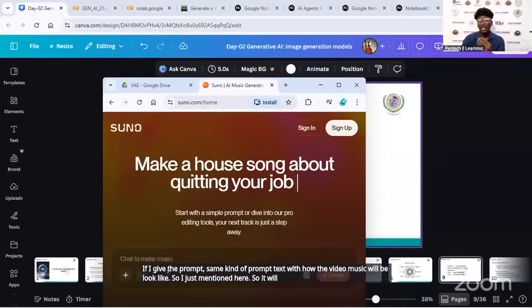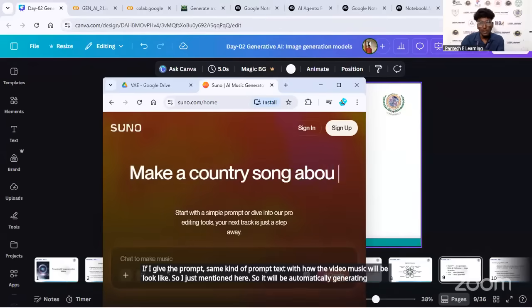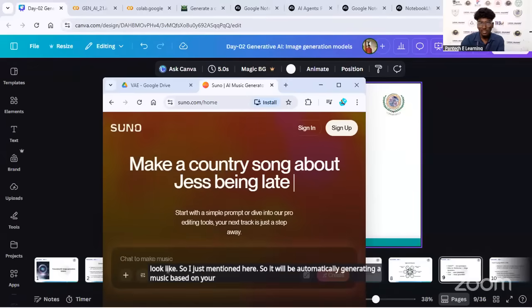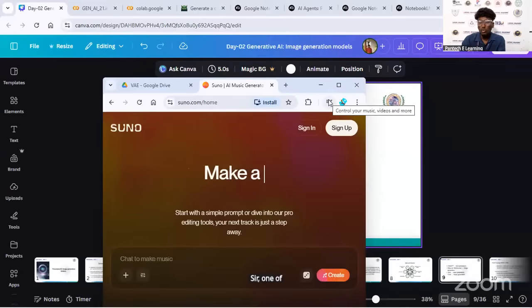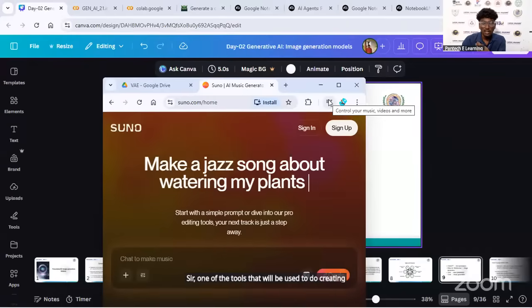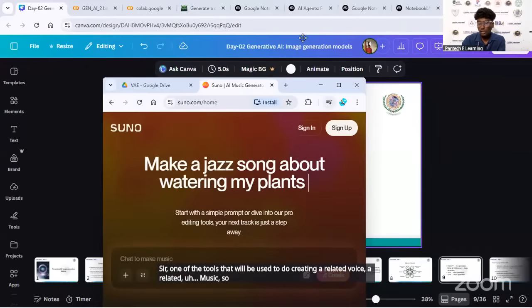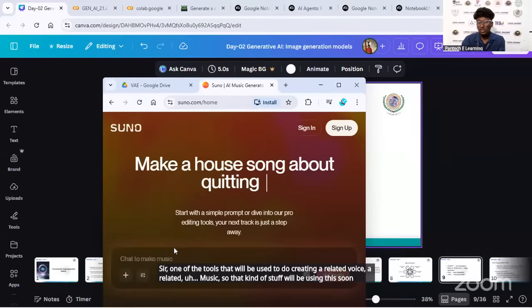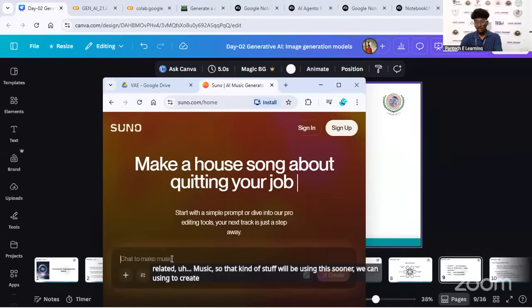It will automatically generate music based on your text, based on your prompt. So that is one of the tools used to create related voices and music. We can use Suno to create nice, good-sounding voices.